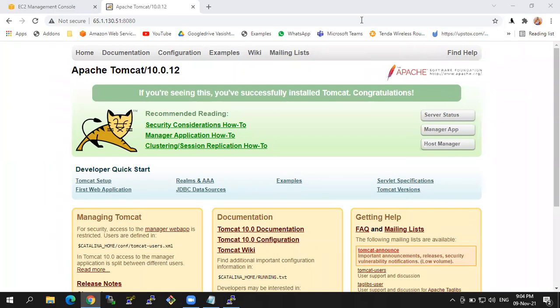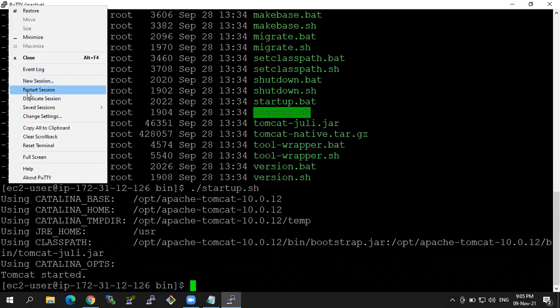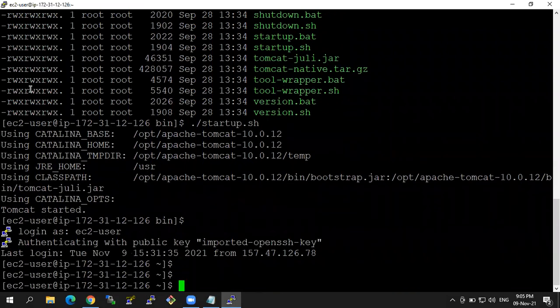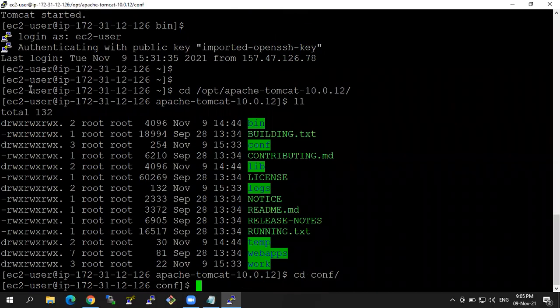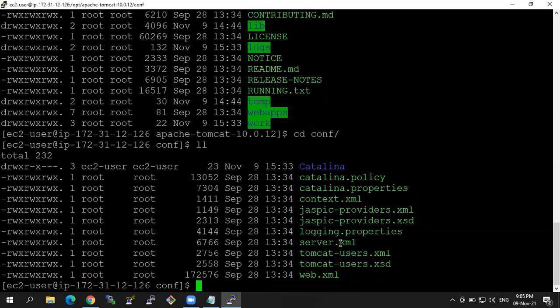Right, so now I'm logging into the Tomcat. I'll change the port here. Where can I change the port? In the conf folder, we have server.xml. So there you can change the port. Let me change the port. sudo vi